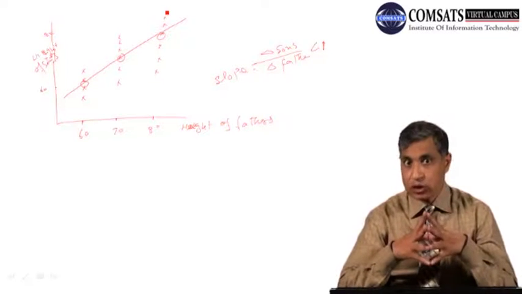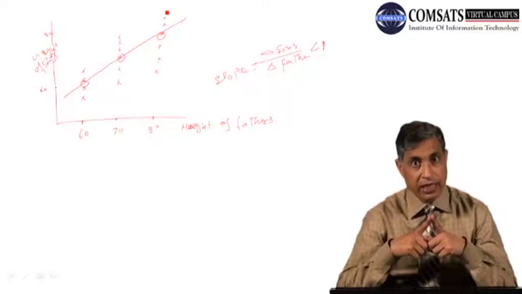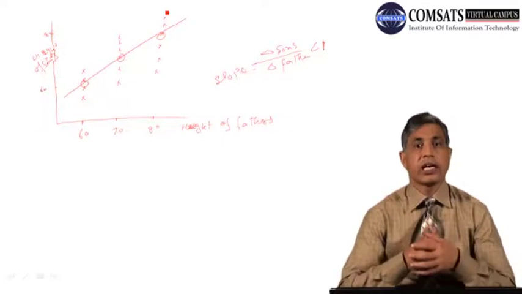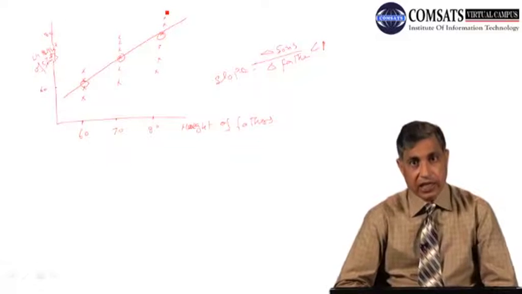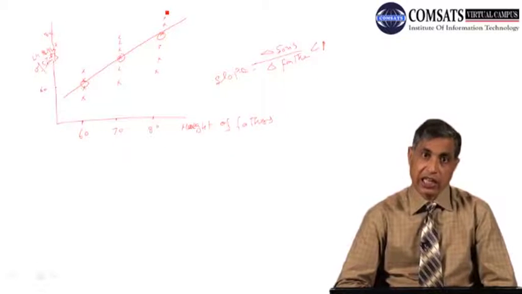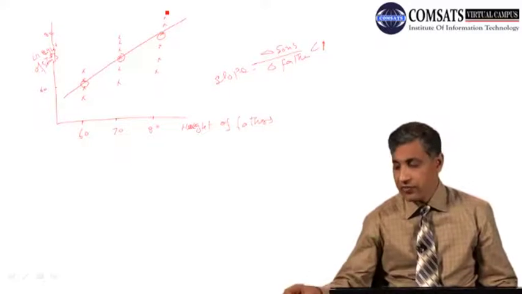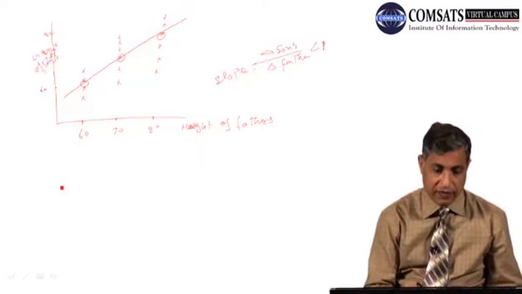If it is less than 1, it shows that the independent variable is changing at a higher rate, while the dependent variable, that is here the height of the children, is increasing at a comparatively low rate. So this is one example. I can give you another example, for example,